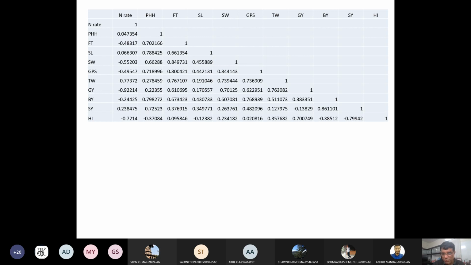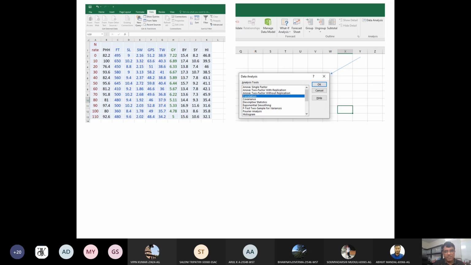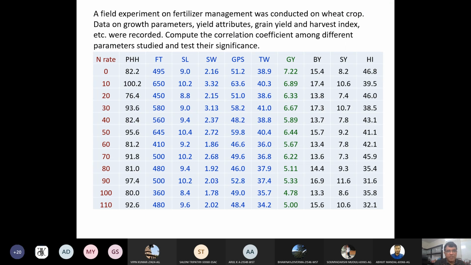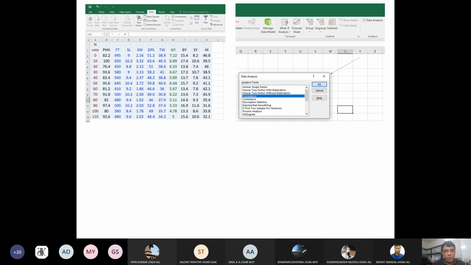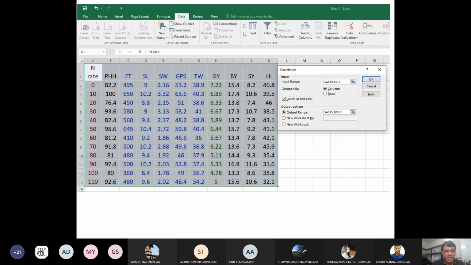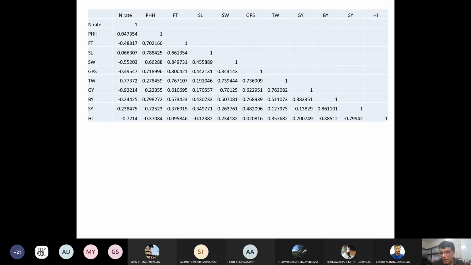For example, you need to count the number of pairs of the data. So here you can count from 0, 10, 20, 30, 40, 50, 1, 2, 3, 4, 5, 6, 7, 8, 9, 10, 11, 12. There are 12 pairs. So 12 pairs minus 2, 10. At 10 degrees of freedom, you need to see correlation coefficient table value at 5% level of significance. And then you can compare with these values.